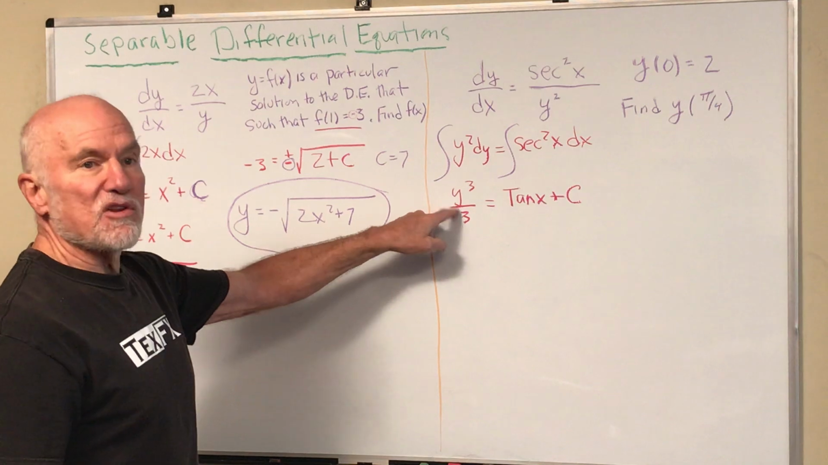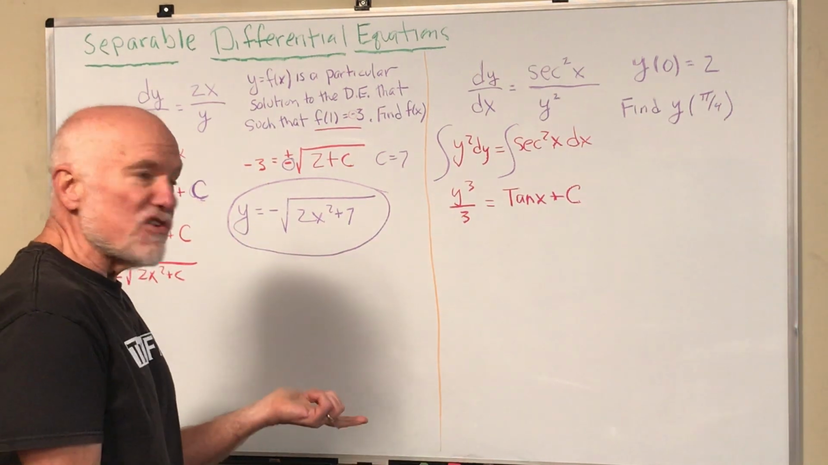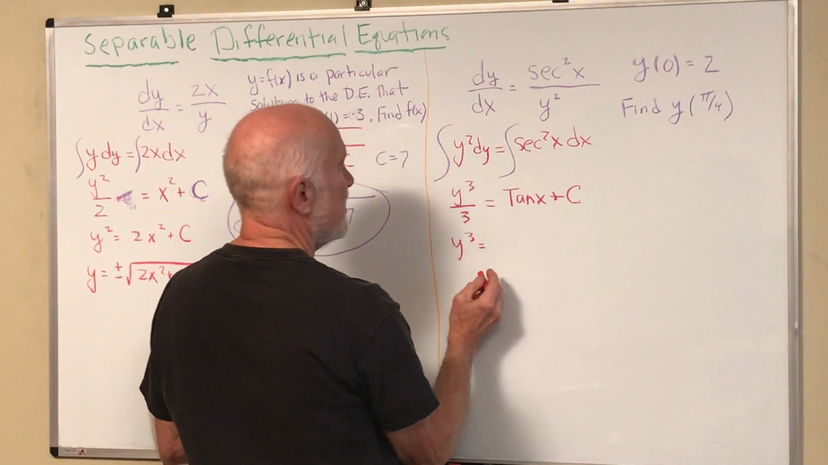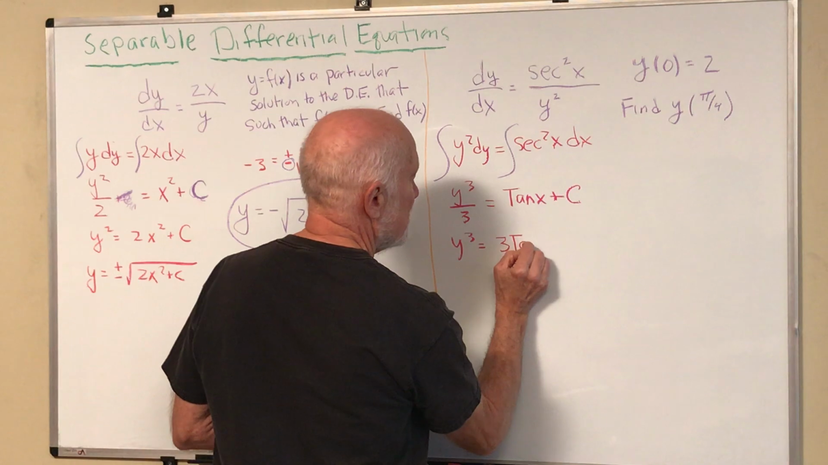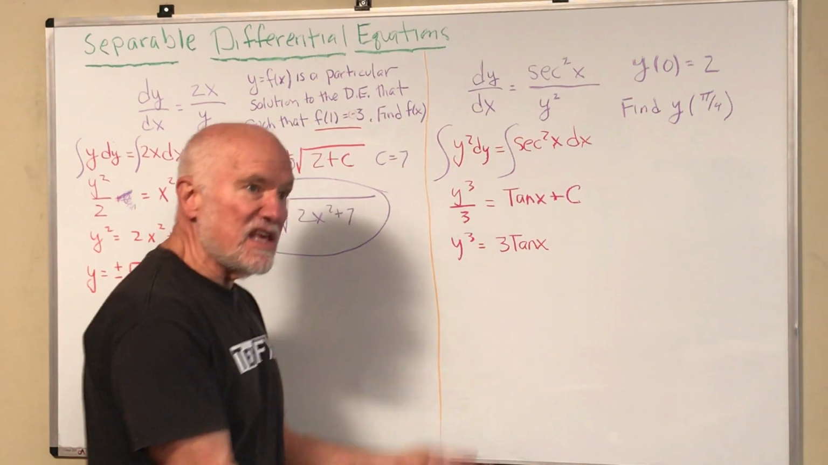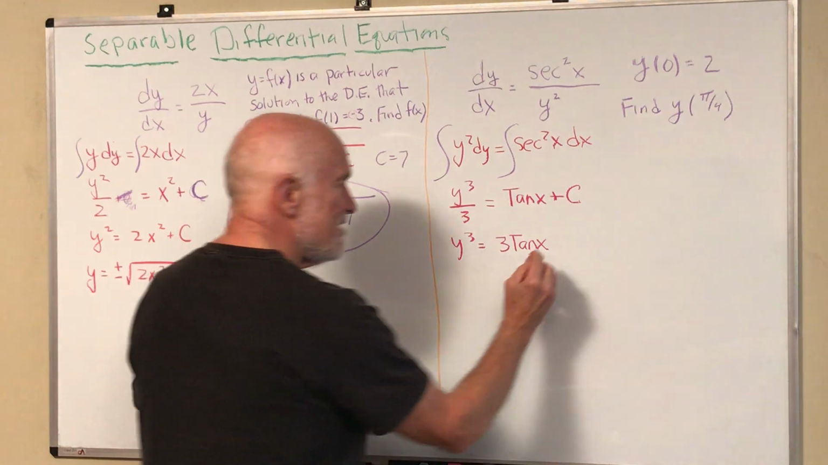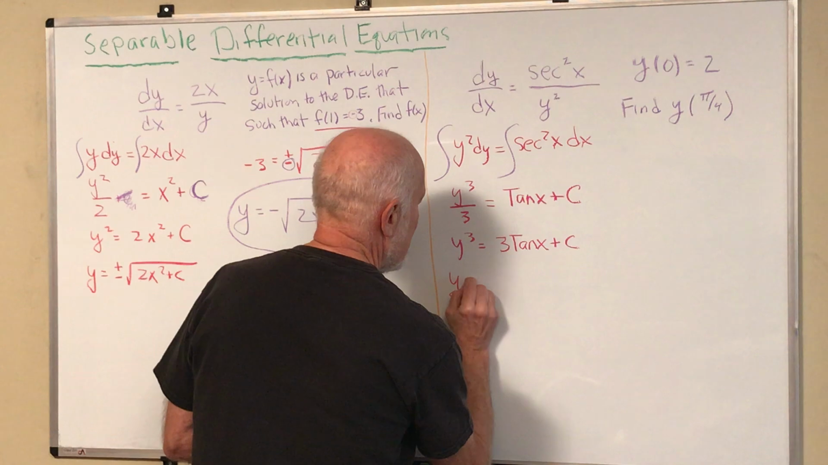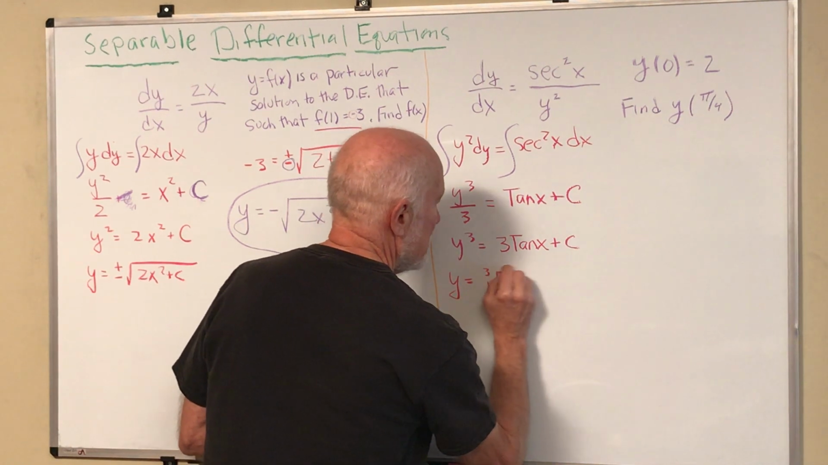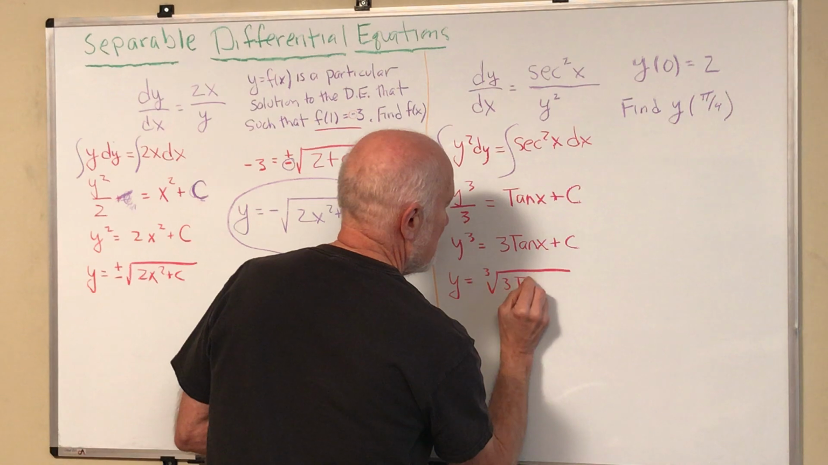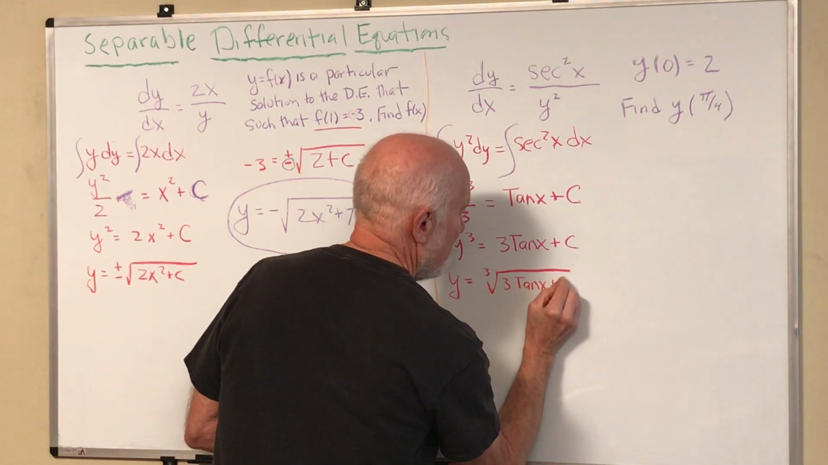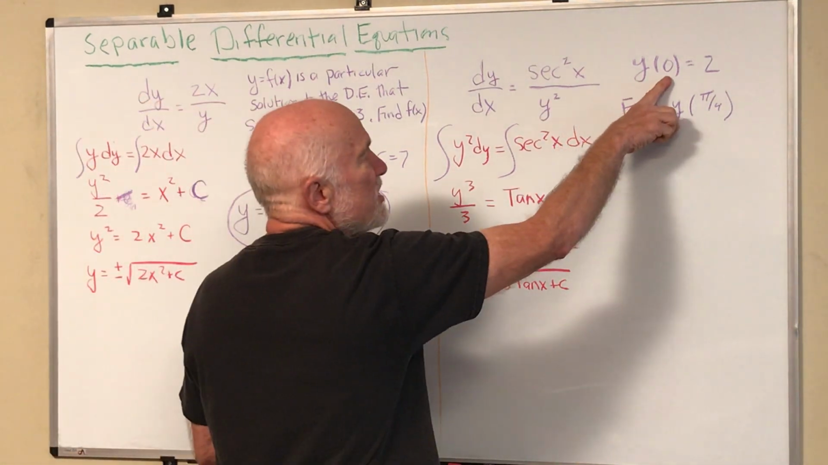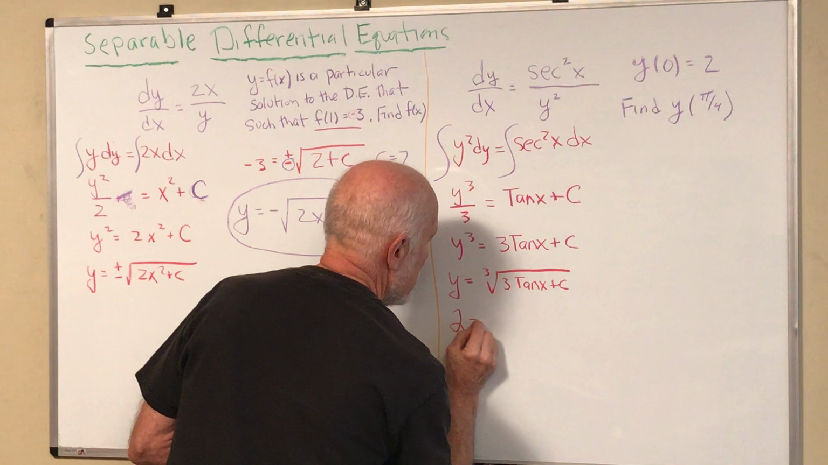And now it comes down to solving for y. So the calculus is done, now comes the algebra. So we get y cubed equals 3 tangent of x plus 3c, but again we can call 3c just c, and now I take the cube root of that whole thing, and I've solved it, but I have to put in my initial condition that y is equal to 2